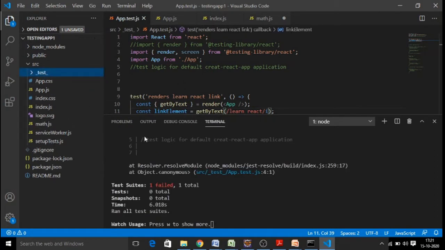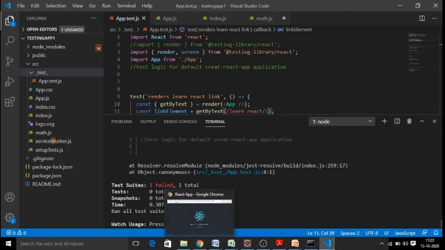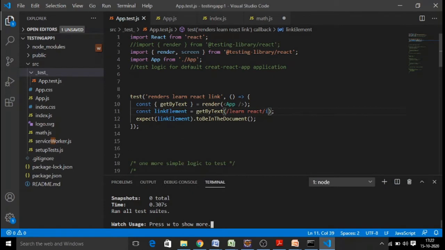Now even if it is available there, let us say here, and again we are watching, we are just pressing it, it is going to test. So that is how you can test the default test cases for a default predefined React application coming from Create React App. And further,